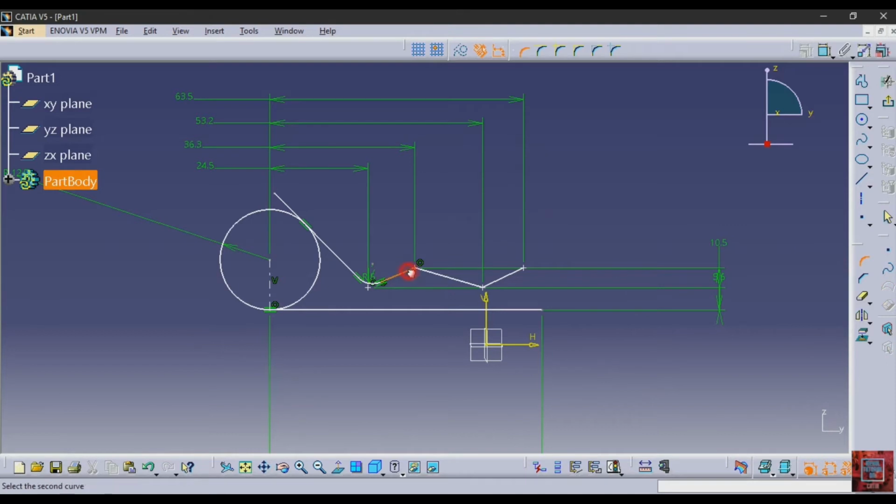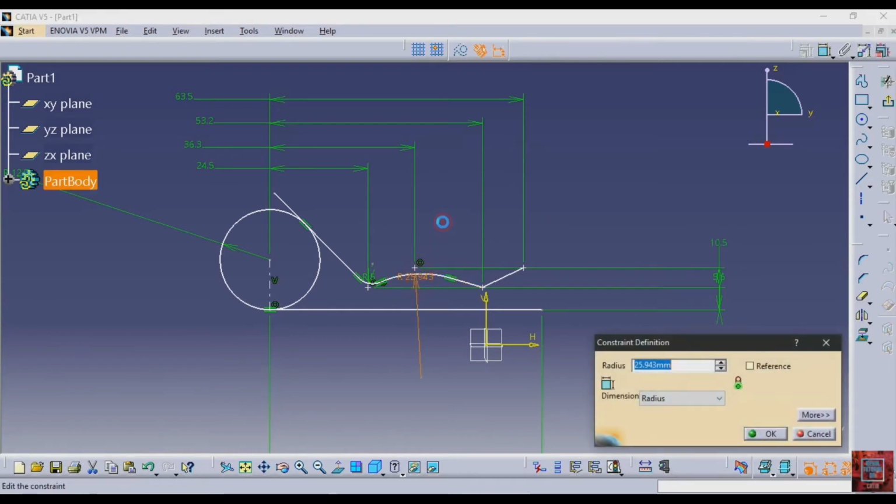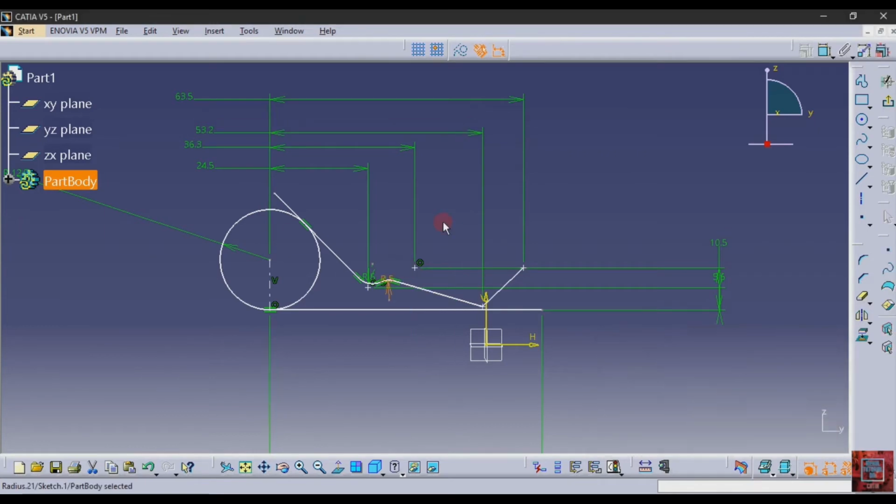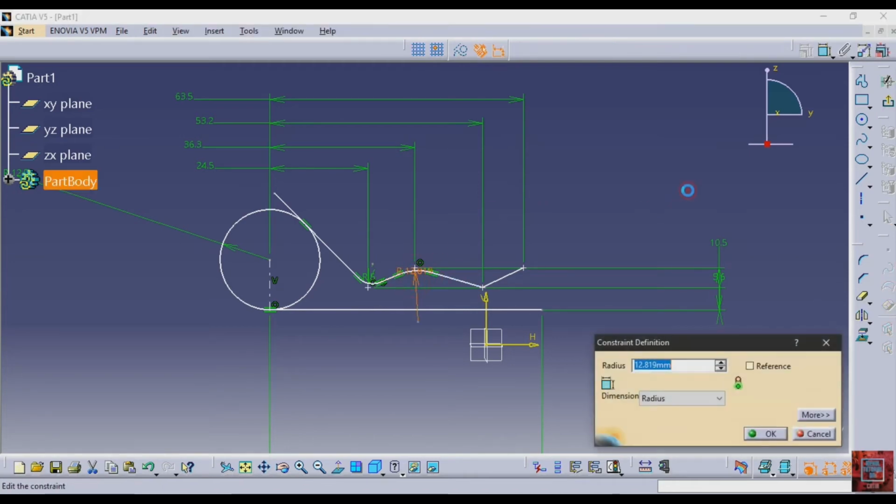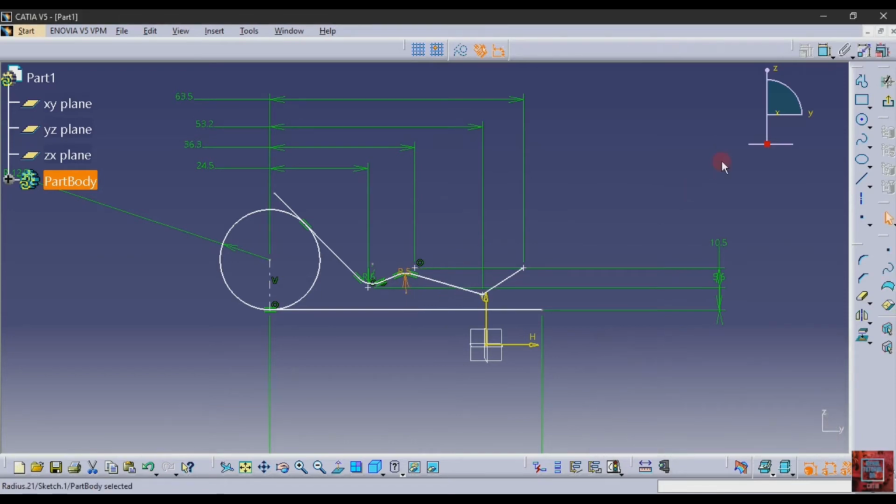Again select a fillet, double click on this and give the radius. Then select fillet, make a small fillet, do not make a large one. Double click on this, give the 5,